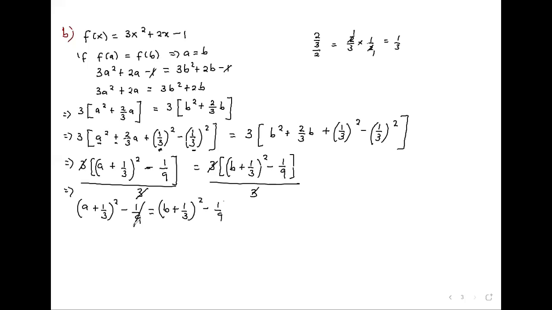So 1 over 9, 1 over 9 will cancel. We remain with a plus 1 over 3 squared is equal to b plus 1 over 3 squared. We are solving for one of them, so if we square root, then we'll get a plus 1 over 3